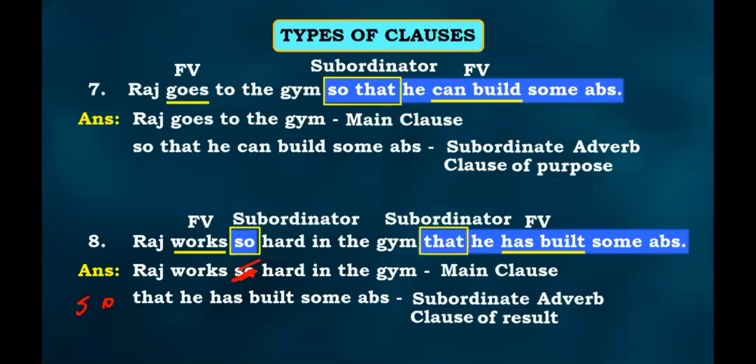All right. Moving on. So we have seen adverb clause of purpose and adverb clause of result. Purpose में motive होता है, उसमें so और that बाजू बाजू में होते हैं, and result में consequence होता है, उसका एक action का result दूसरा चीज हुआ. ठीक है? So we have so and that separate in the sentence. Now moving on.